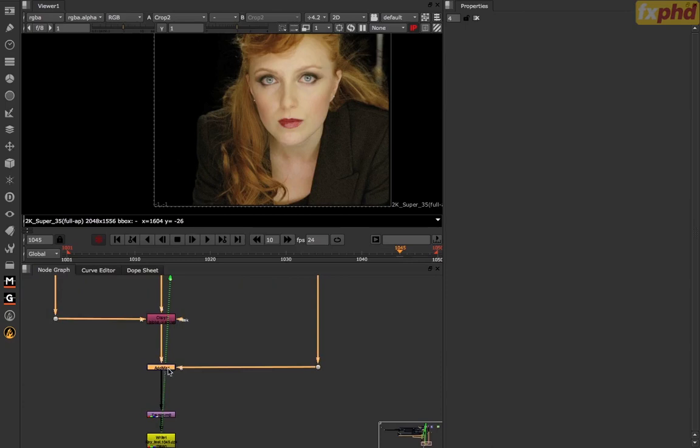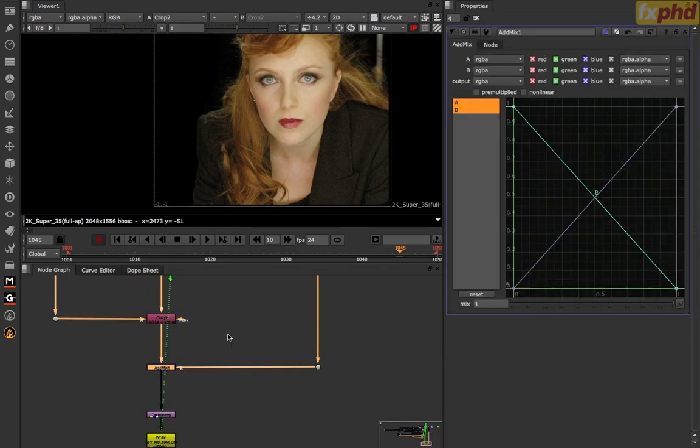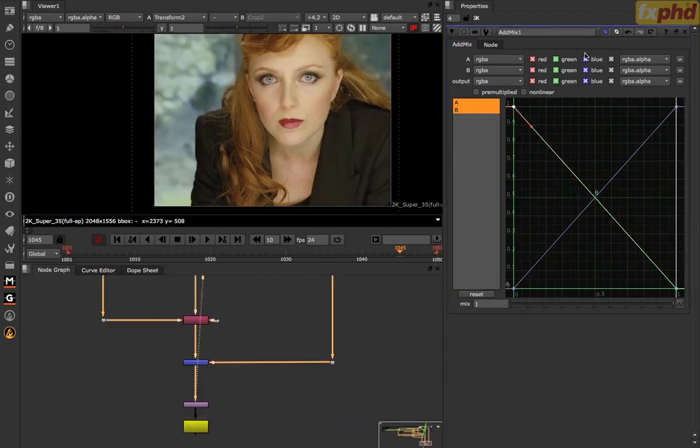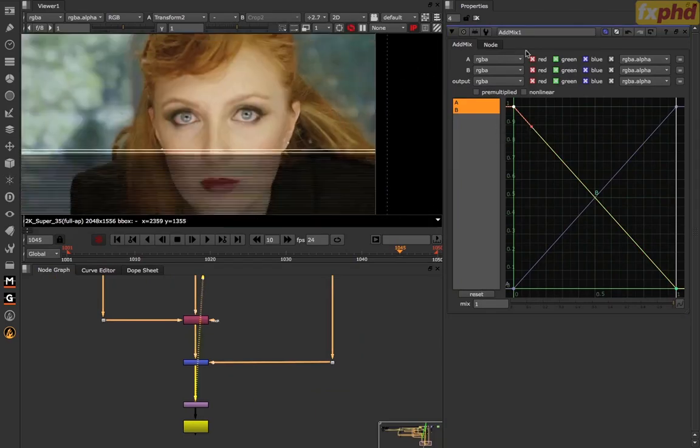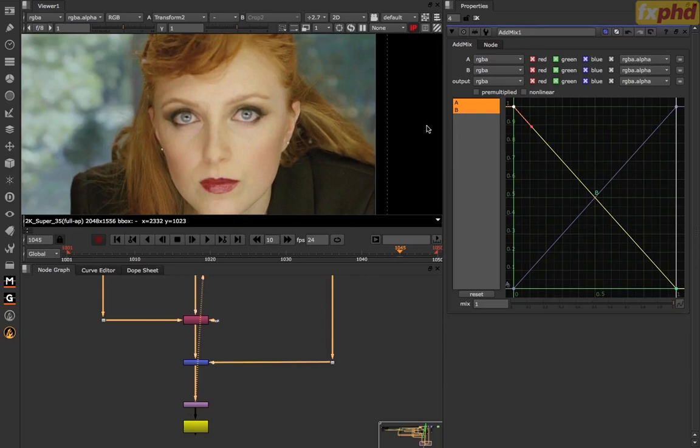And the reason for that is because by default, the add mix comes in as an unpremultiplied A over B, and this is exactly the same as a key mix. The reason why I like the add mix is that it actually gives you the ability to blend the edges of things like hair in cases where you're just trying to pull a quick key and get it to sit